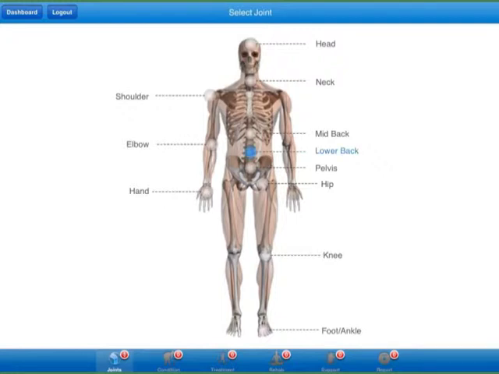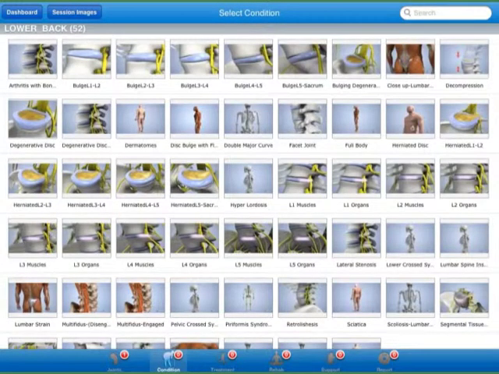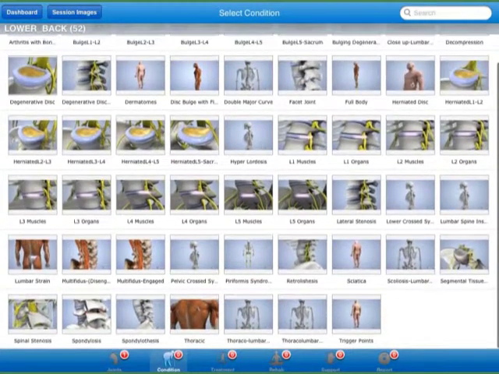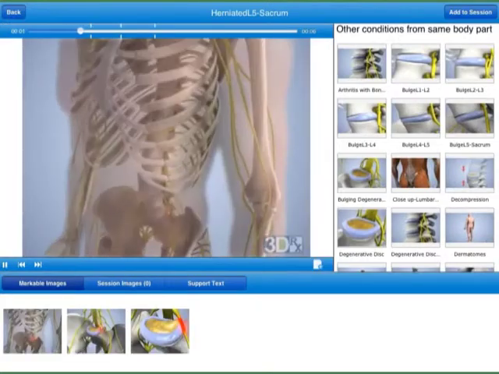you would just select the lower back, and then down at the bottom click on the next category, which is condition, and then you can browse through the conditions that are offered in the lower back. Let's say that there's a herniated disc that you want to discuss with the patient, so you just would select the herniated disc